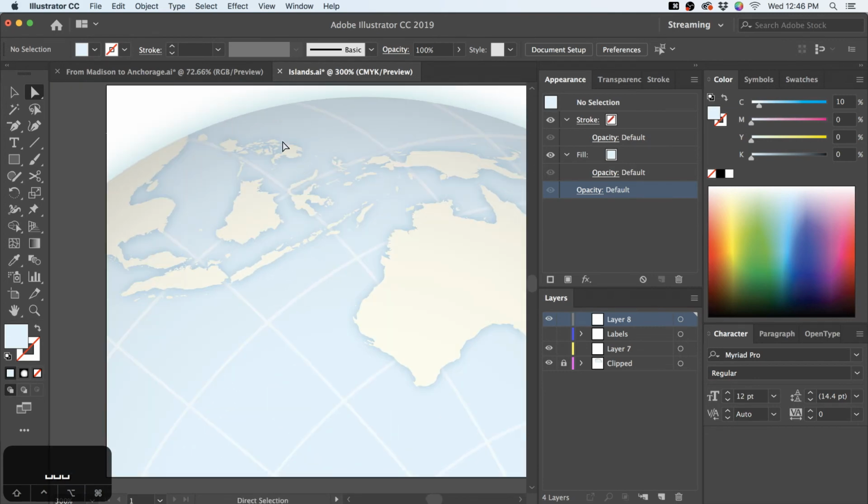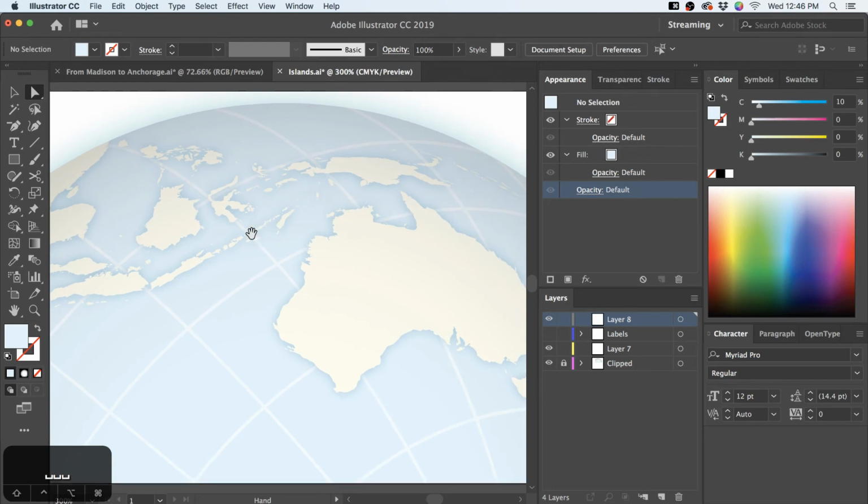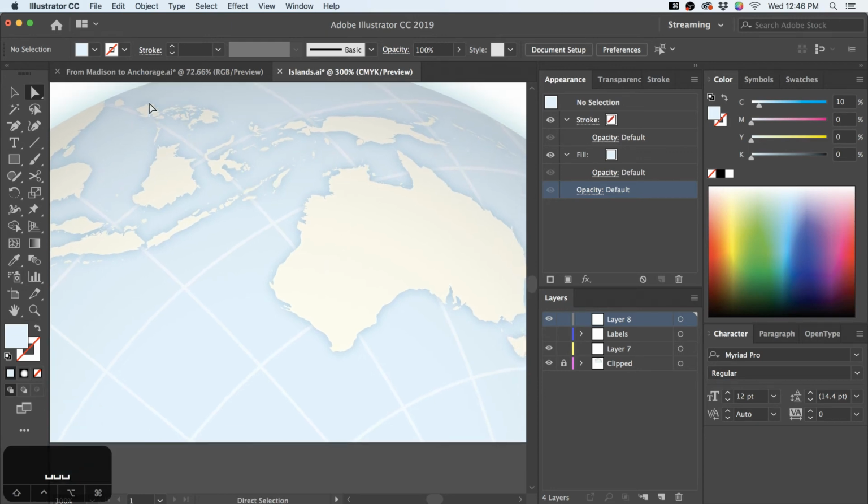But actually, one thing I want to follow up on, you know, this is maybe overly detailed, and that's a real challenge in orthographics, because you need more detail in the front, in the middle, rather than in the back. You know, things kind of get crunchy, as I said, as you start to move around the edge.